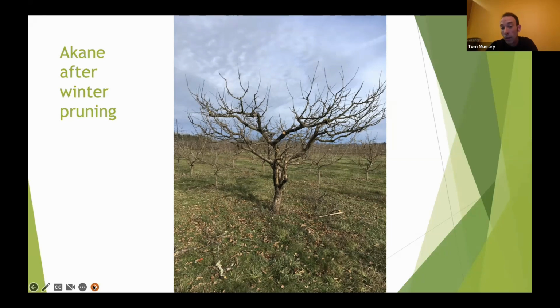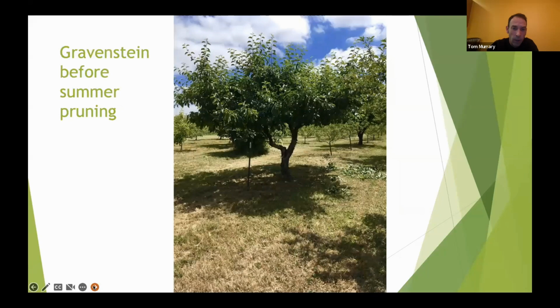At the same time, summer pruning reduces the load of winter wood that's coming out. So that's less that you have to deal with and remove from the orchard. And hopefully, if you're not letting things get too big, a lot of what you're dropping off in the winter is easy to go through the mower or the chipper, because it's not a huge amount of wood of really thick diameter. So let's go to the next slide.